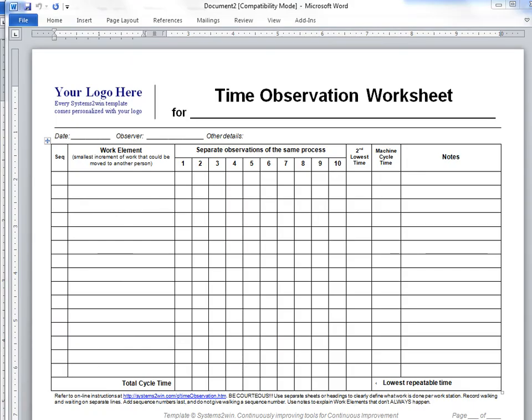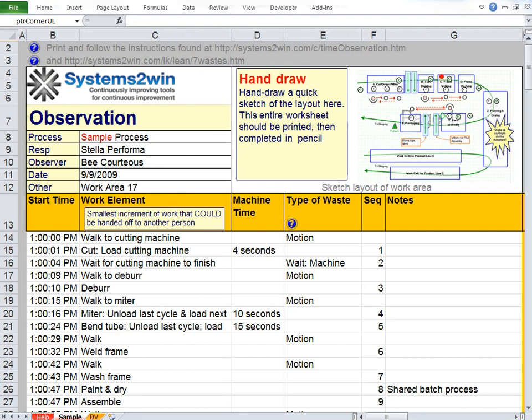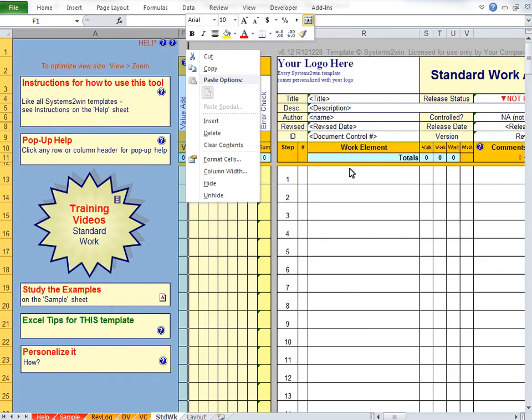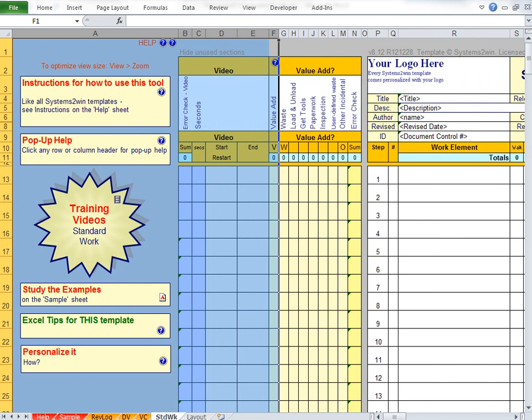No matter which tool you're using to document your standard work, normally your data would be coming from a time observation worksheet, either this one, which is a Word document for highly repetitive processes, or this Excel observation sheet for less repetitive processes. Or your third option on the standard worksheet is to right-click, Unhide these hidden columns for video